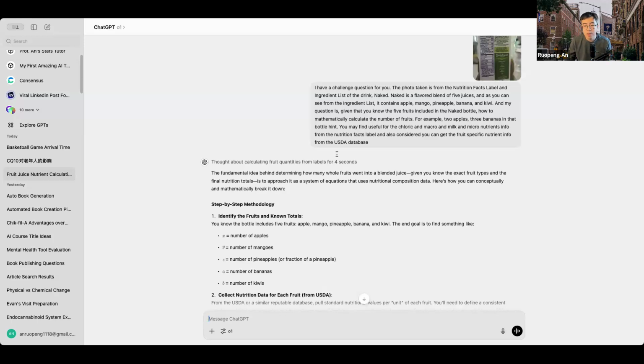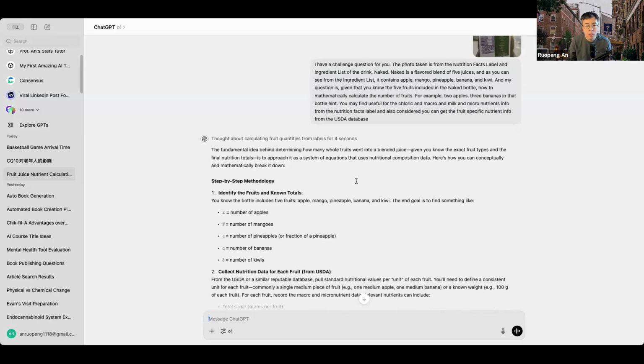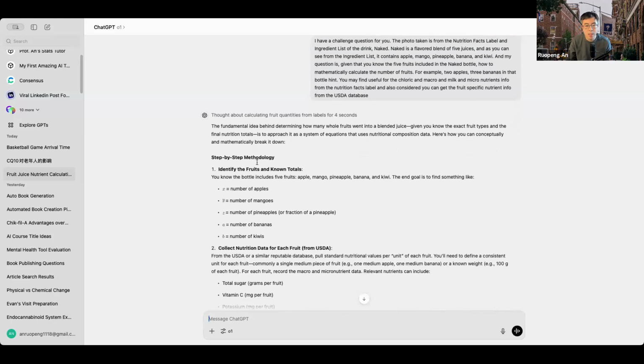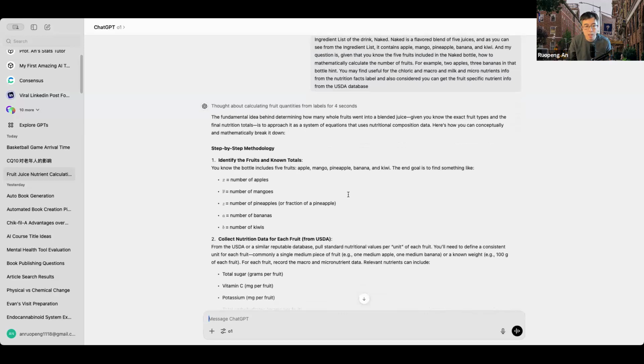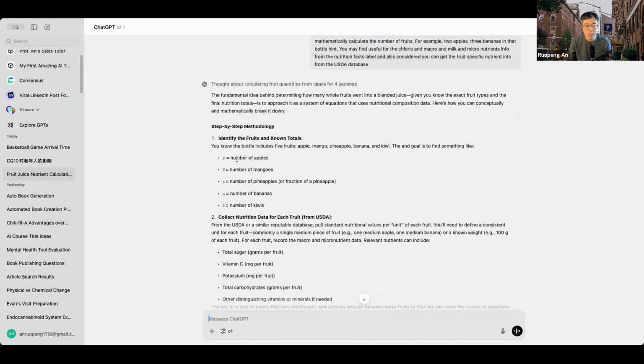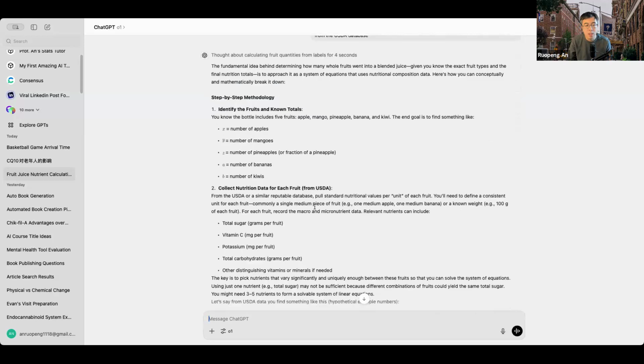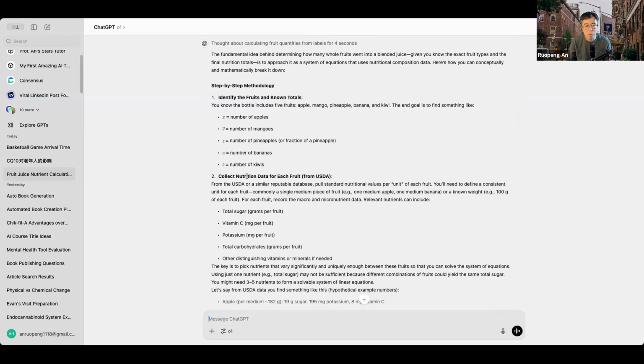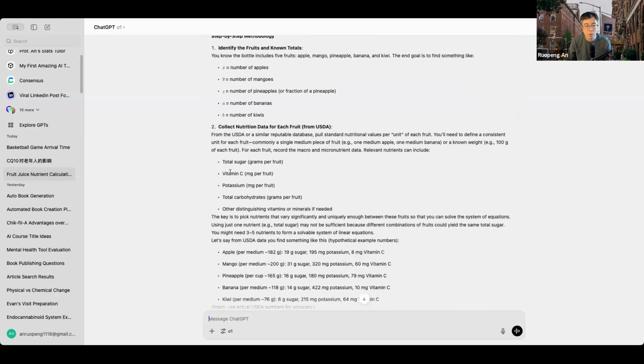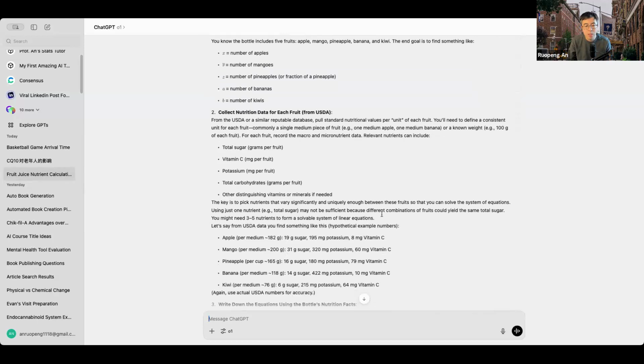And when I first presented this question to the O1 model, it gave me the step-by-step methodology, and that is largely correct. Basically, for example, setting the number of apples and number of mangoes as unknowns, and also collecting the nutrition data from each fruit from USDA in terms of total sugar, vitamin C, potassium, and total carbohydrates.